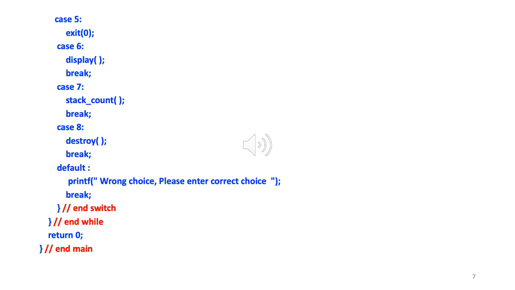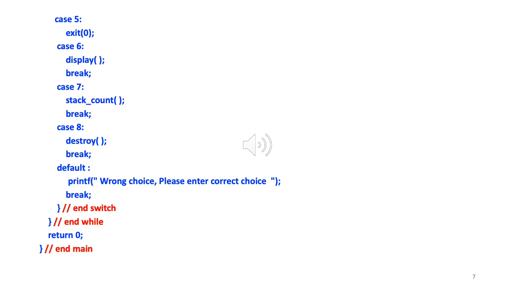So exit as such is a function which causes a normal process termination. Process is just another name for the program. So what this exit does is cause a normal process termination. It causes the running process, the running program, to exit or end. Because it's a predefined function, we just make a call to that, and we're calling it with 0. Generally, the argument for exit is the end status.